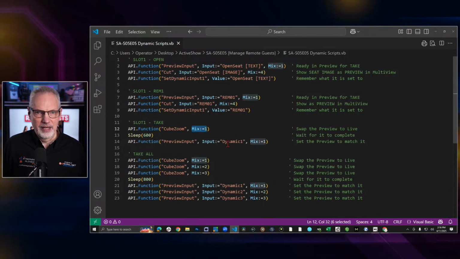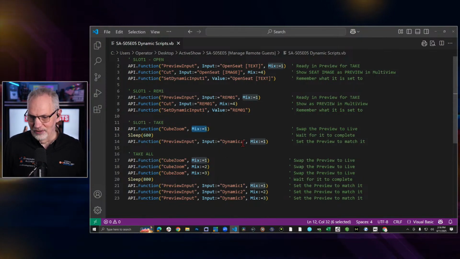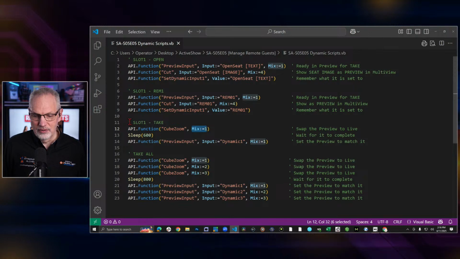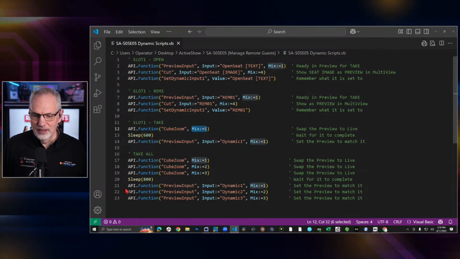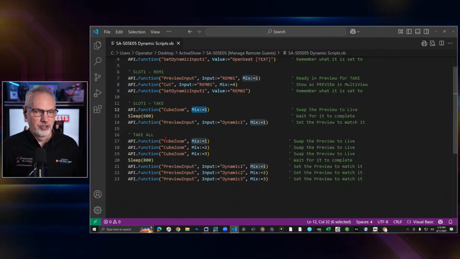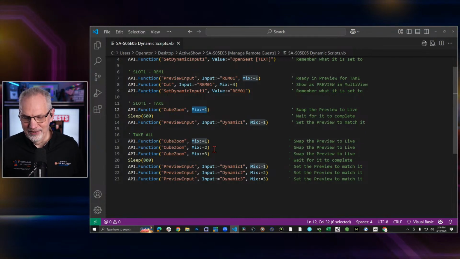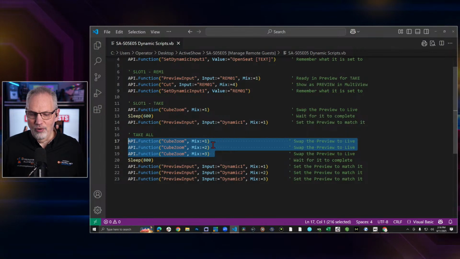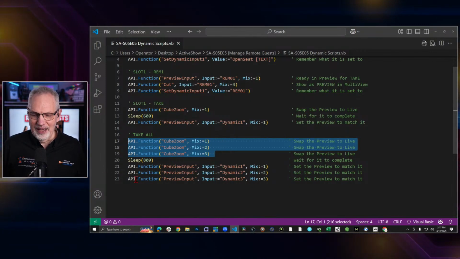This is making sure that everything is consistent with a take. And so I'm just doing this, and that's a single take for one channel. And for the take all, it's just sort of an amalgam. I'm coming in here and saying, do a transition to cube zoom for all the live mixes, and then wait